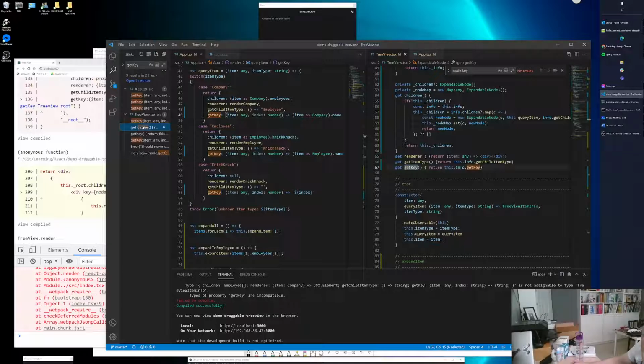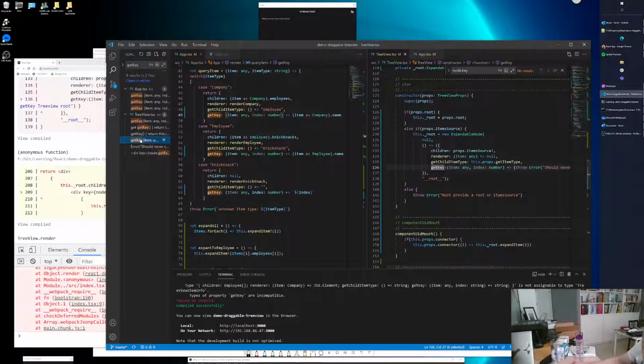This.info get key. Yeah, for that node, that's right. And then the get key of the root is there. And I pass separate get keys for those guys. So why is it